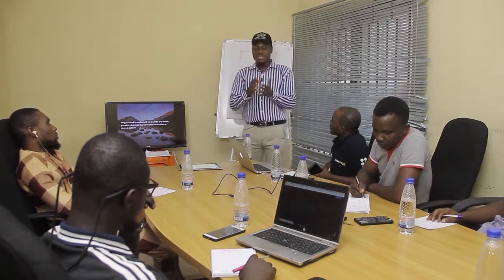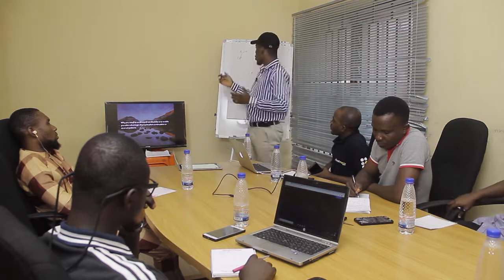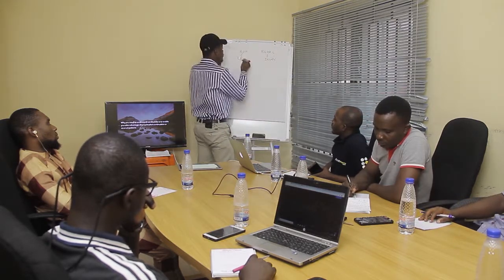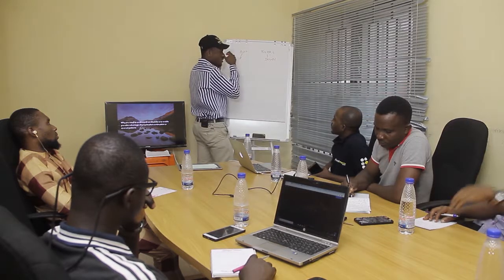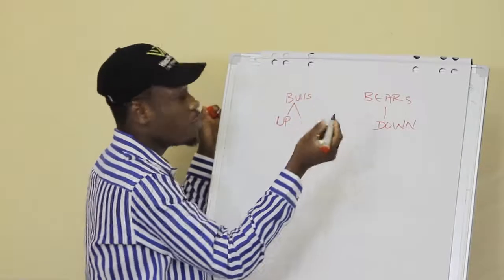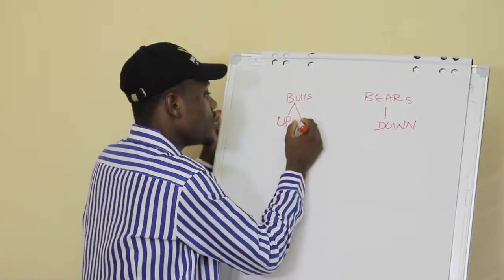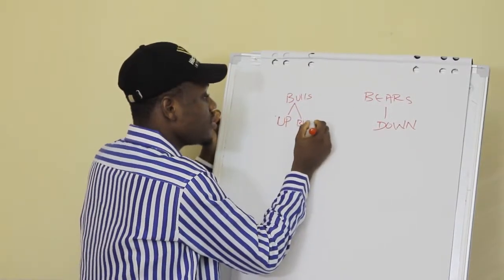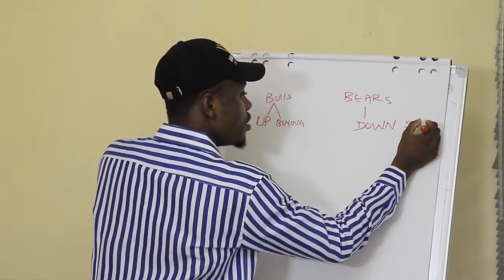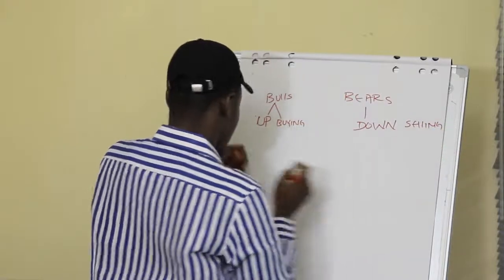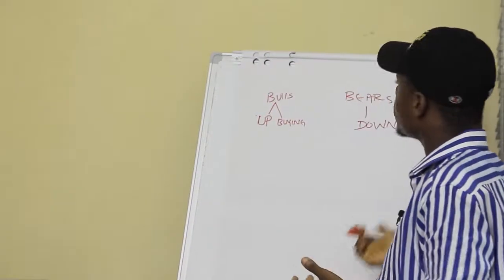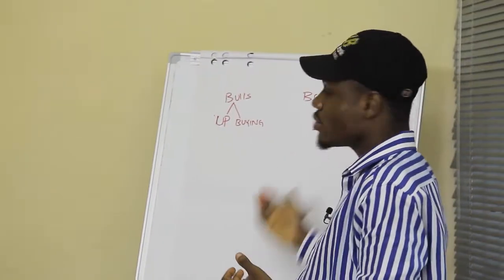Say, for example, you are in a position and you are going long. You are bullish on a position. That means you are saying the market is going up. You bought. Another name for a bullish scenario is a buying scenario. Another name for a bearish scenario is a selling scenario. So, take for example now, you bought Euro US dollars, and you are expecting that the market will go up,